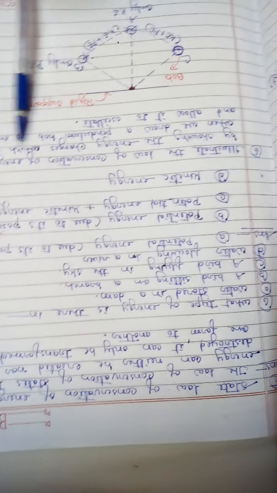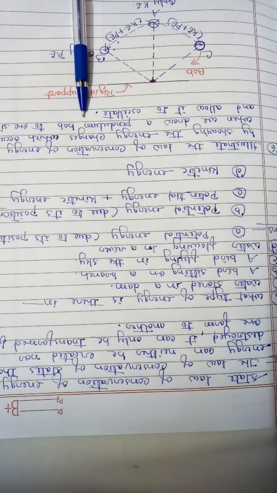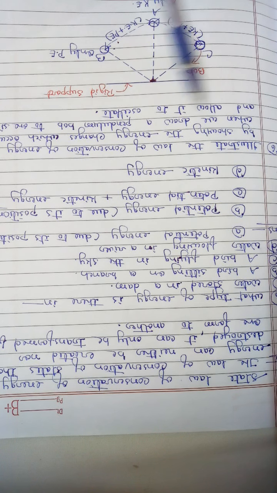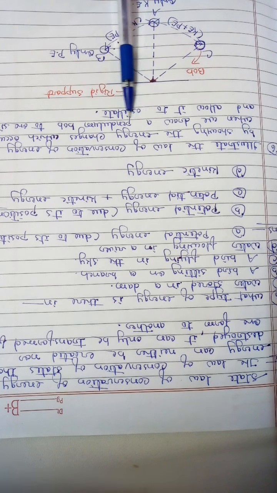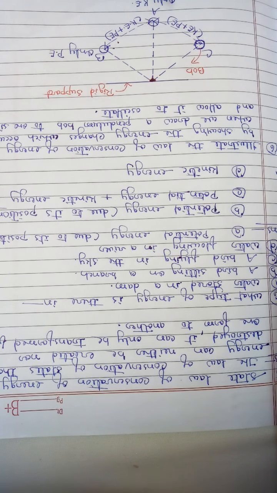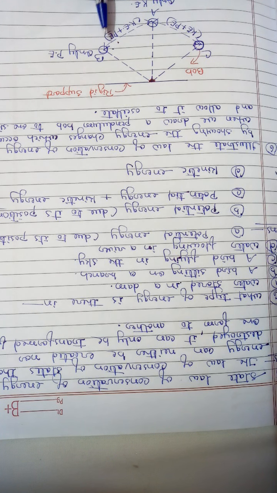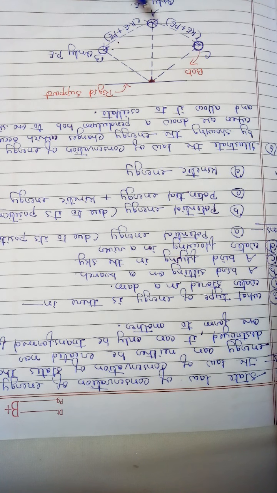Illustrate the law of conservation of energy by showing the energy changes which occur when we draw a pendulum bob to one side and allow it to oscillate. Here is a pendulum bob. We have drawn it up to this side, and when we leave it, it starts to oscillate. This is the maximum position up to which it can move or oscillate to and fro. It is the mean position of the bob. As we are drawing it here,